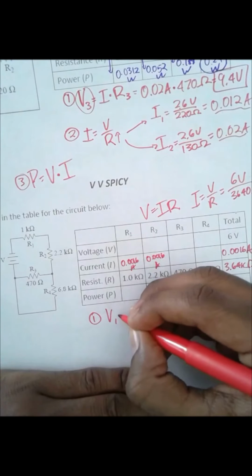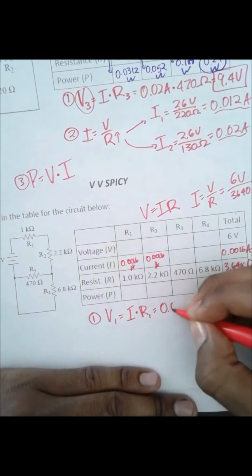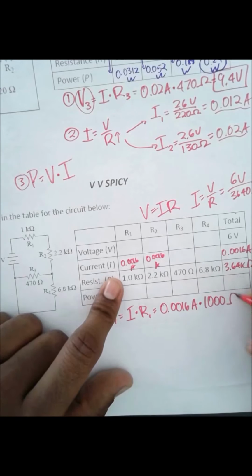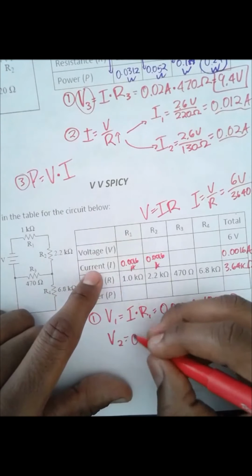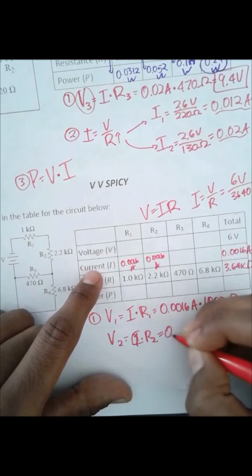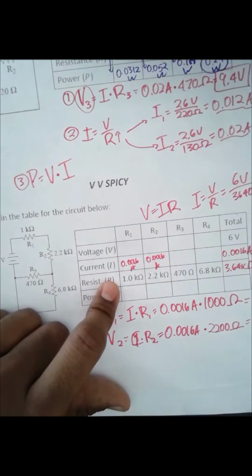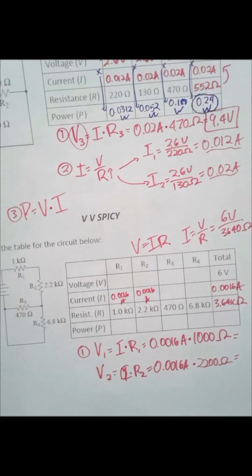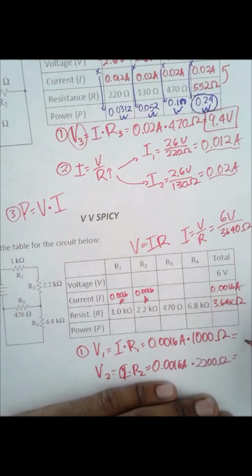So V1 is equal to I times R1. So we got 0.016 amps times the resistance, 1,000 ohms. And V2 is I times R2, which is equal to 0.0016 amps times 2,200 ohms. So we multiply these two together. Wait, do I really need a calculator? No, I don't need a calculator for the first one. So 1, 2, 3. So 1.6